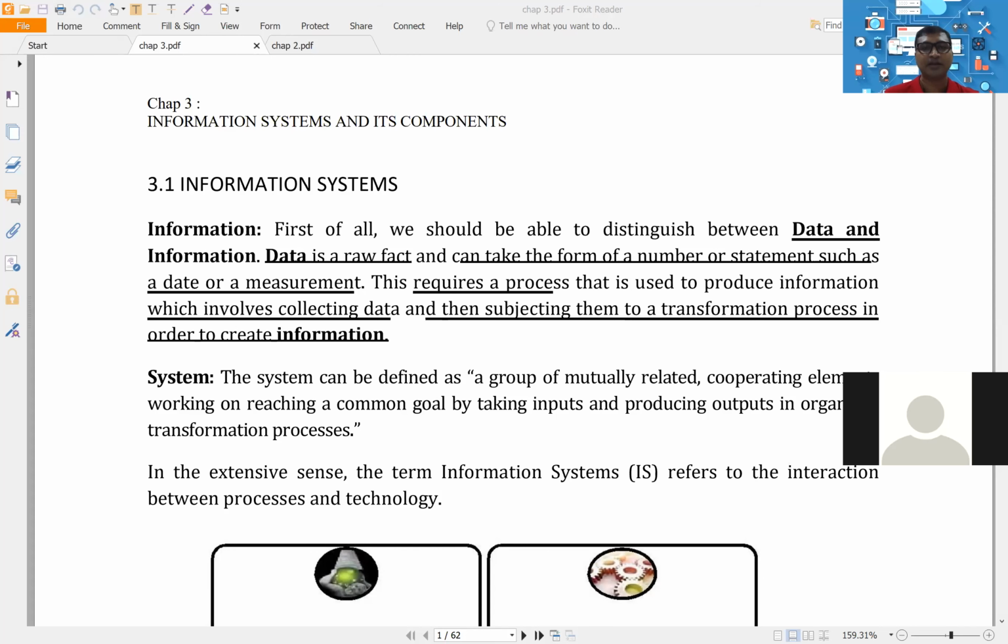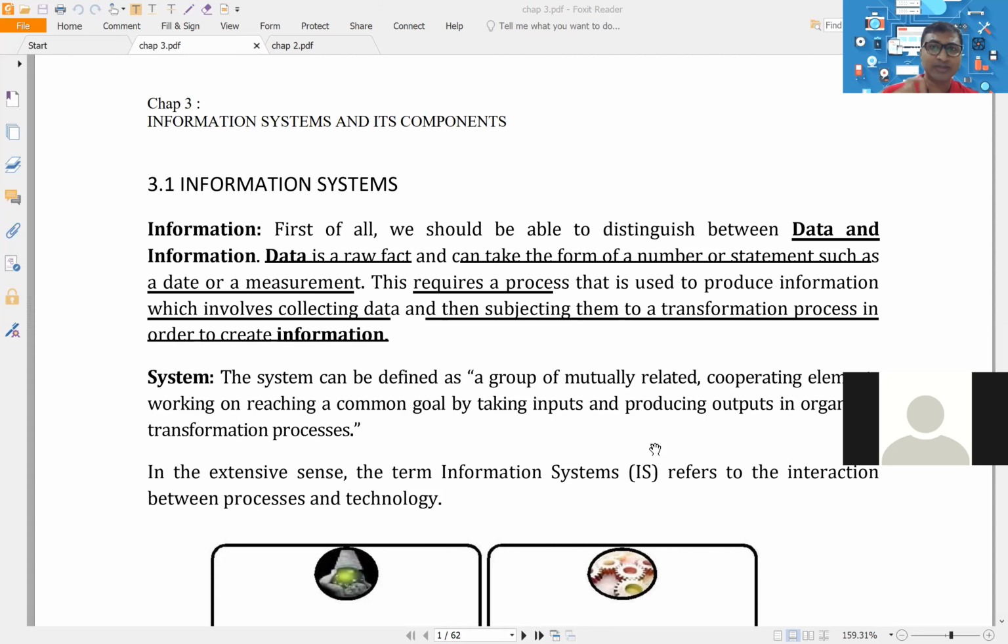Now, in chapter number 3, we started with a concept called information system, and chapter number 3 is all about information system and its components. But understand why we started chapter number 3 first. The main objective was, first you should understand what is information system. Then you should understand the most important part. When we store data in electronic form, obviously it is vulnerable. Anybody can easily modify, access, or destroy it. So we need to implement controls.